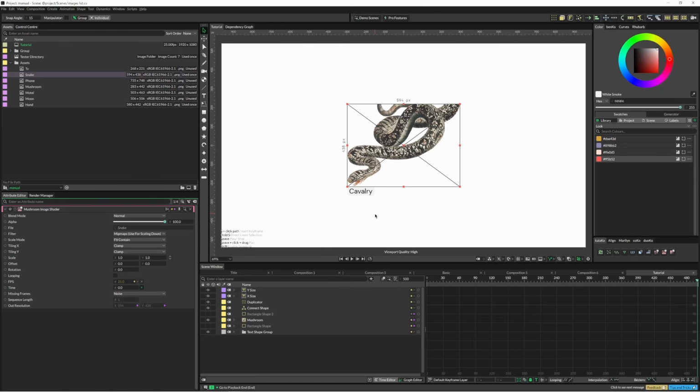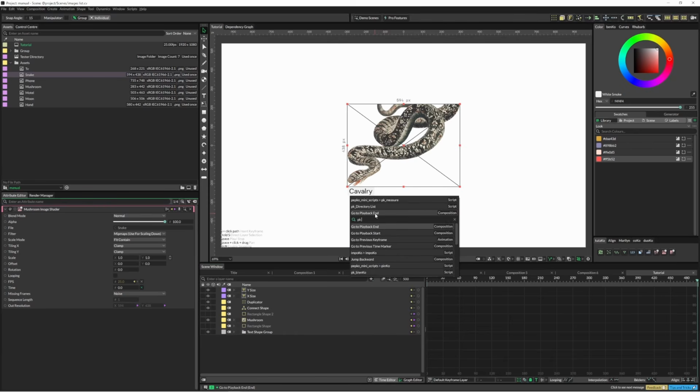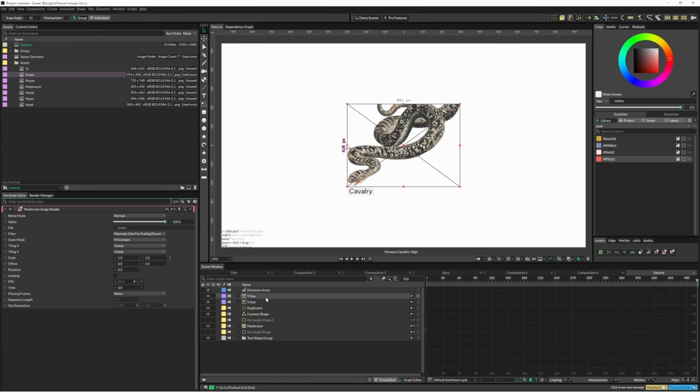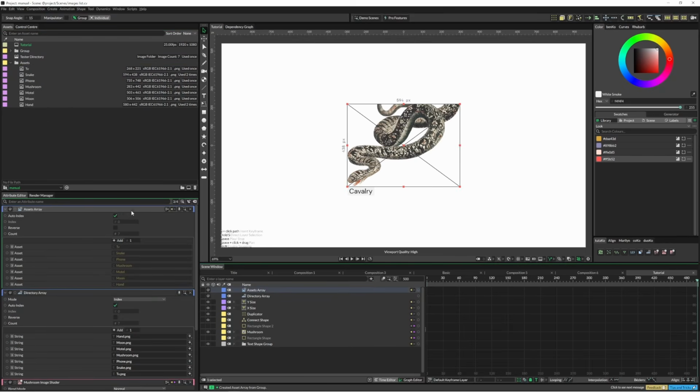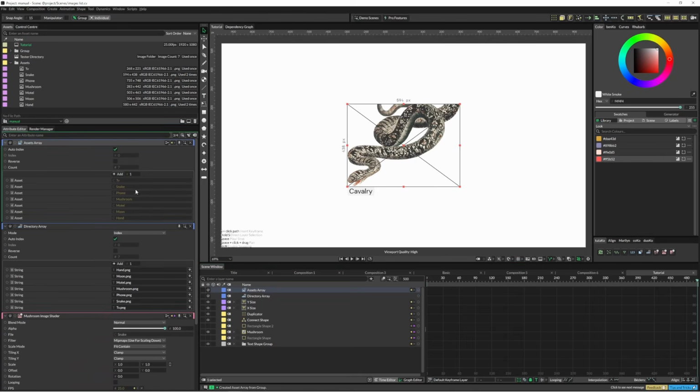Once you've copied the directory, you just go pk directory list, and that's going to create a string array with all those assets for you. With our assets in here as well, we can go create array from assets in group,